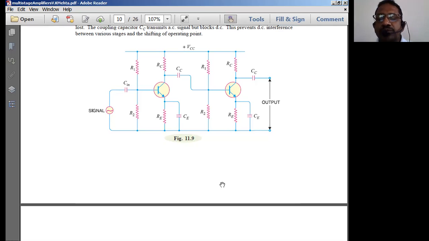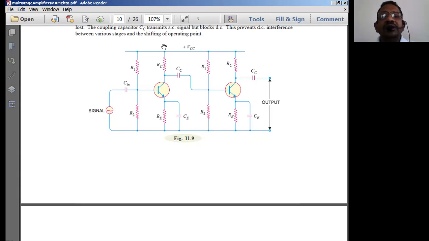The first point we can think of is that the input resistance of an amplifier is always going to be lower than the output resistance of the amplifier circuit. The output resistance is usually going to be high, and the input resistance is always going to be low. When you couple these two, what is the effective resistance of these two? A high resistance is in parallel combination with a low resistance. So the resultant is definitely going to be a low resistance.